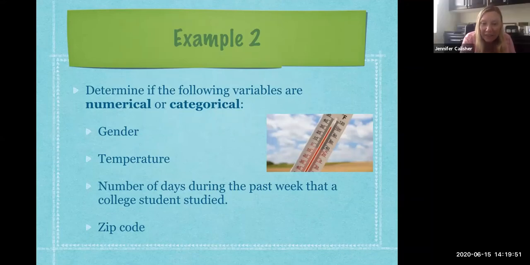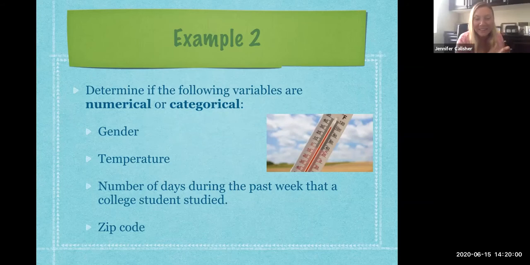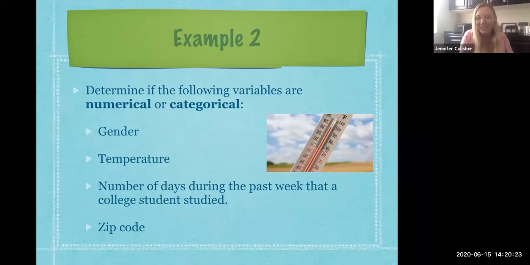The next one, let's see. By the way, let's all say hi to Ishmael. Hello. Ishmael, I'm going to pause here just because I noticed that you just joined us. I'm going to give you a minute to introduce yourself to the rest of the group. All right. My name is Ishmael Albert. I'm a student at Cal State Long Beach. I'm a civil engineering major, and I'll be your mentor this summer. Awesome. Well, thanks for helping us out.